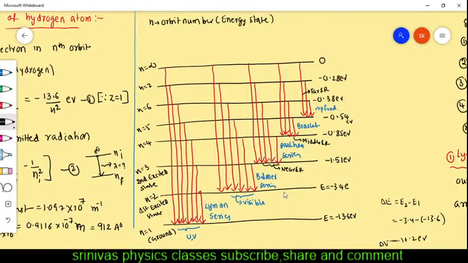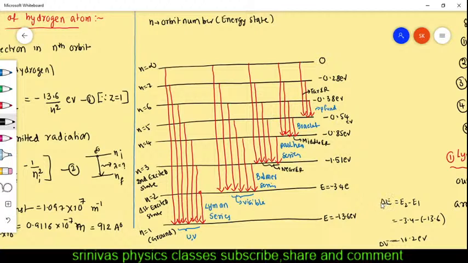If infinite to first occurs, infinite to first means the gap is more, a large energy gap, so large energy releases. 0 minus of minus 13.6, the final energy is 0, the initial energy is minus 13.6, so the energy release is